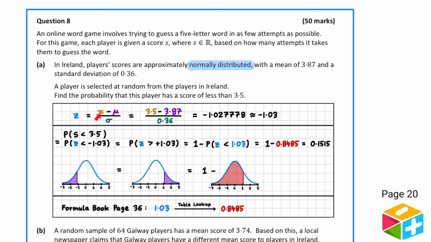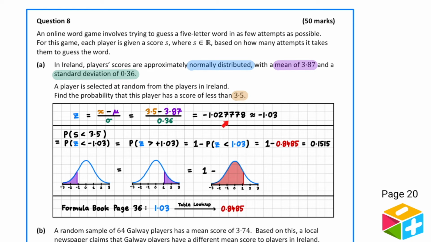Here, x refers to the target value, and in our question, the target is 3.5. Mu is the mean, and in our question, that's 3.87. Sigma is the standard deviation, and here that's 0.36. Subbing in these values and computing the answer gives us minus